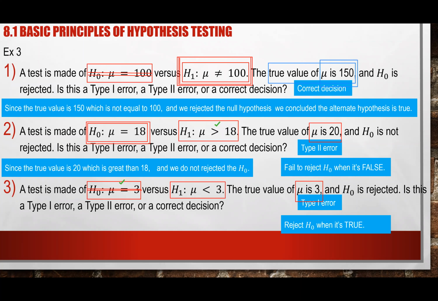All right. If you don't have questions, this is the end of 8.1. Again, like I say,